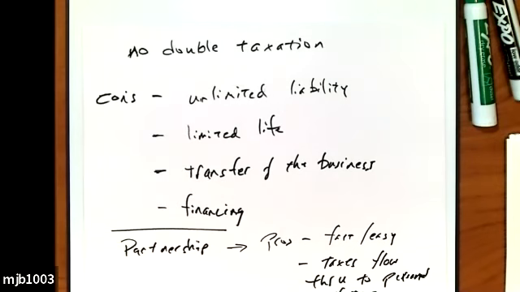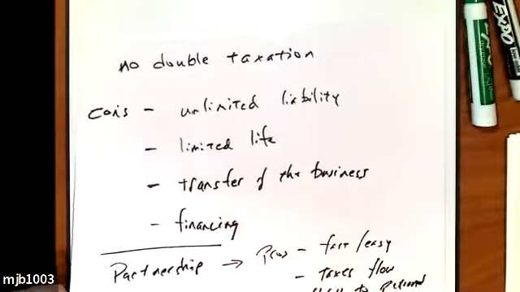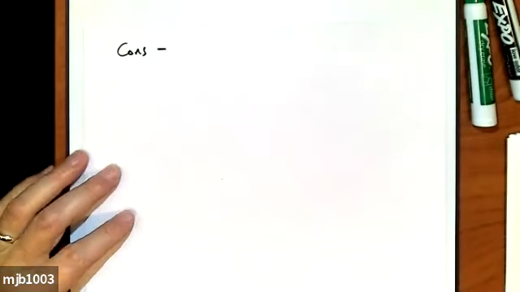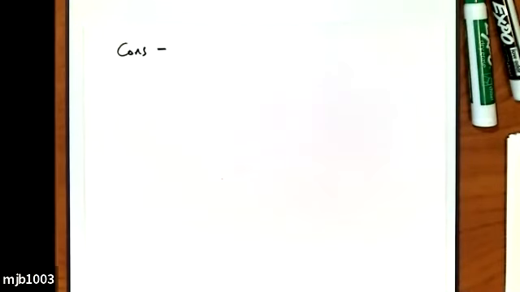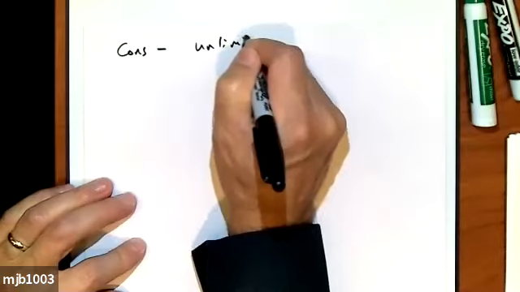Now, there's some differences there that I'm not going to get into, and they're not really important. The key here is, again, that phrase, no double taxation. I want you to keep that in your head. Sole proprietorship, no double taxation, and partnership, no double taxation. Now, the cons of a partnership are similar to the cons of a sole proprietorship. There is unlimited liability